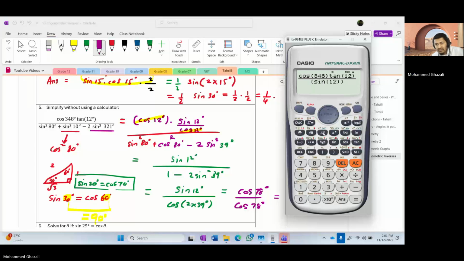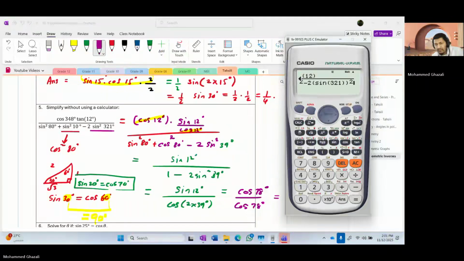Squared plus open bracket cos 10 close bracket, close squared, minus 2 open bracket sine 321 close bracket